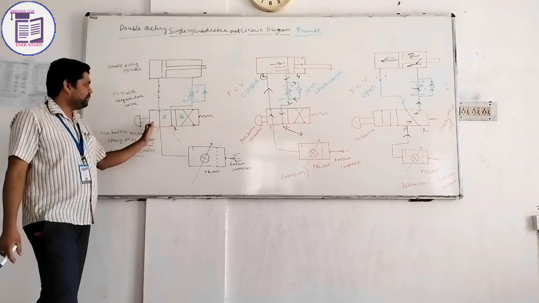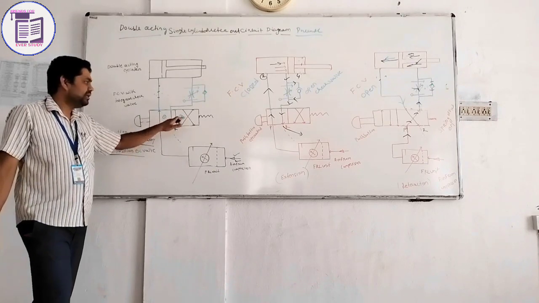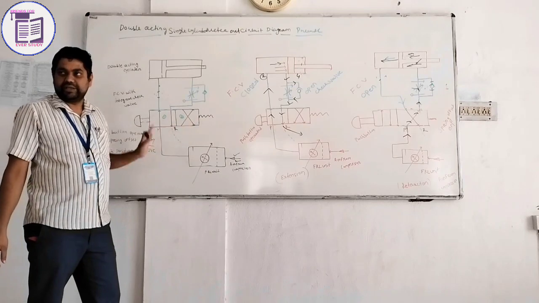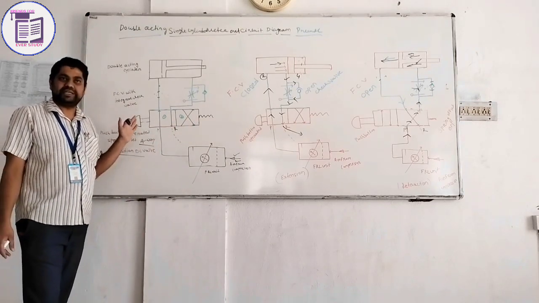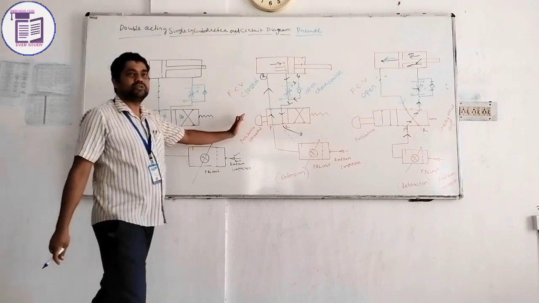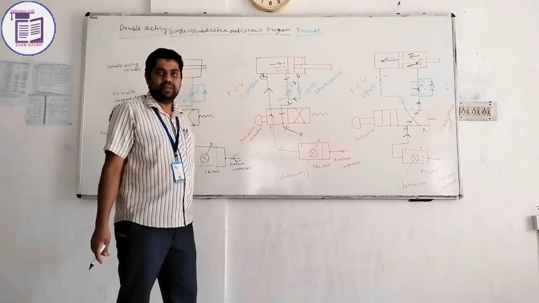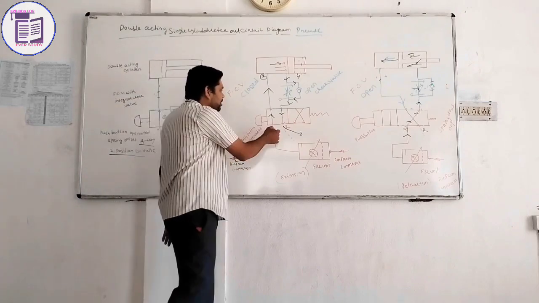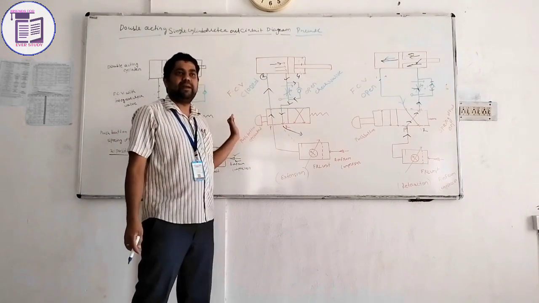So this represents 2 positions. On the left hand side this is position number 1, and on the right hand side this is position number 2. This is represented in this drawing. When the left hand side position, position 1, will be activated? When your push button is on, then the position is activated. This position is represented in a straight line manner. It is direct, a streamline function, so flow occurs directly in a straight manner. This is called the left hand side position.